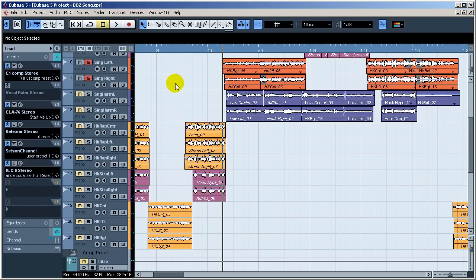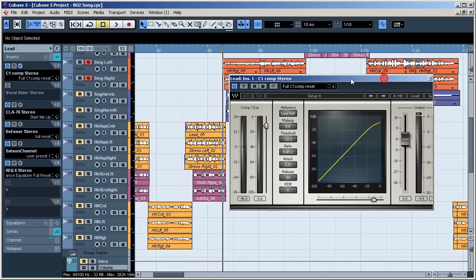Here we go. These vocals are basically, if you can imagine, going out to my lead bus, which is right here, and I am treating them with...